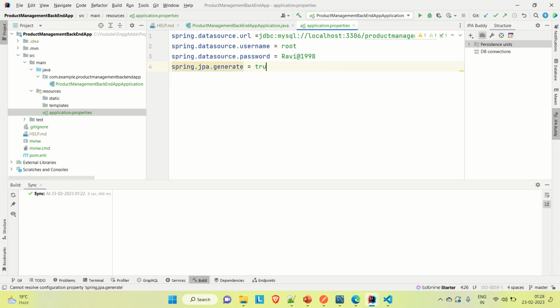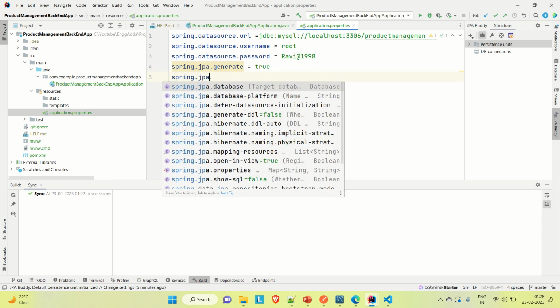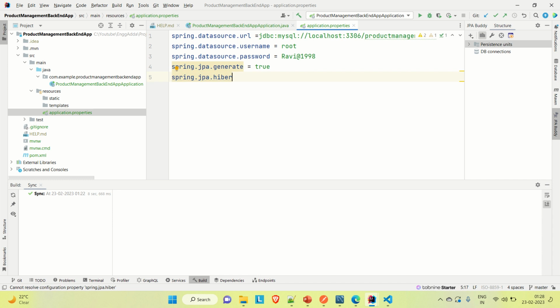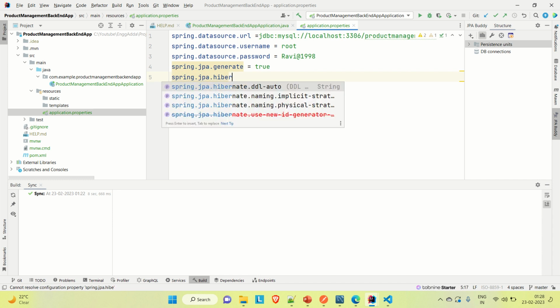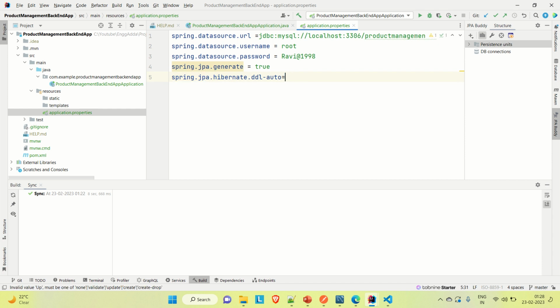So it will show you the database query that is fired. Okay, and spring.jpa.hibernate.ddl-auto, and it should be update. Okay,